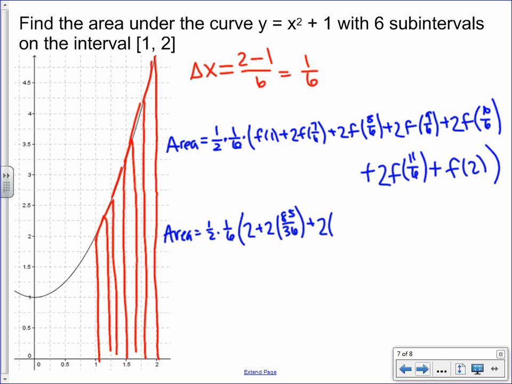What did I say? 3. Pod 2. 25 nines, and 9, 6. 13. 10, 6. 34 nines. 11, 6. And 2, 157 over